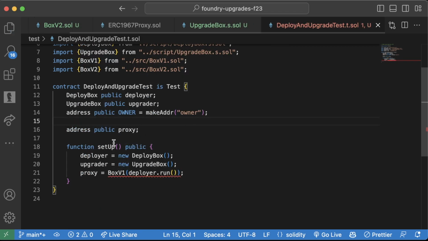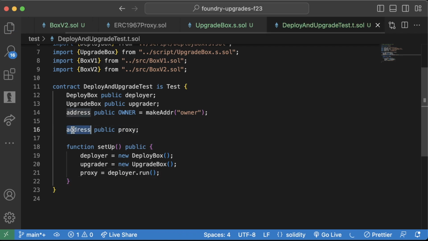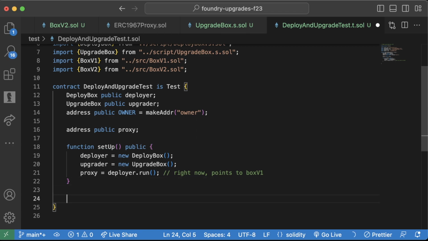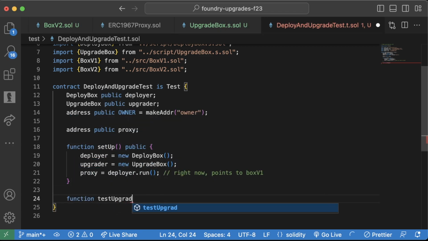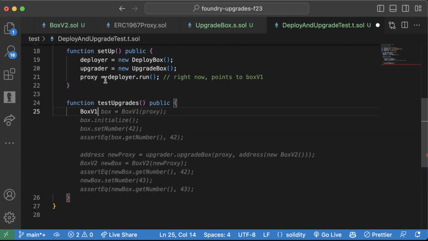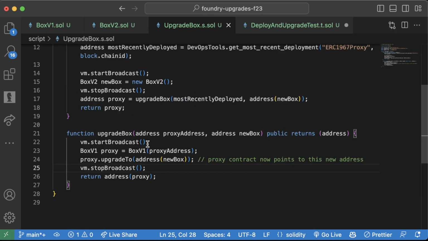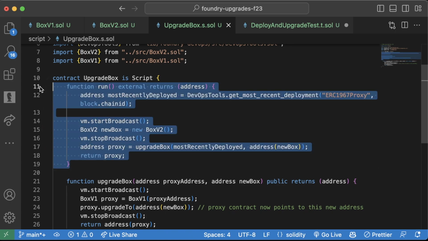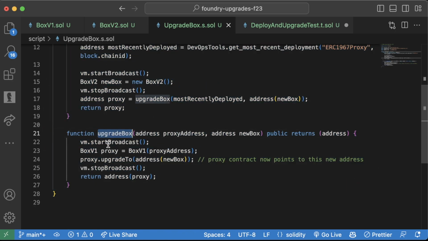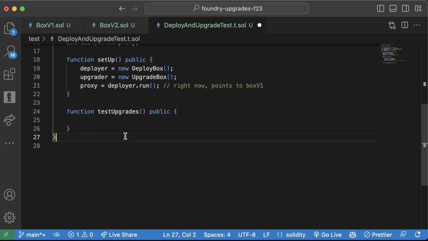Address public proxy. And this is why before we were working with addresses, because it can be kind of confusing to know what it is. The proxy, right? The proxy, and right now it points to BoxV1. Cool. Hopefully that's more clear. So now we'll do a function testUpgrades, like this, and we'll just test the whole darn system. So we have the box, we have the proxy address pointing to BoxV1. Now in our UpgradeBox, in our run, we went ahead and did all this, but for now, let's just use this